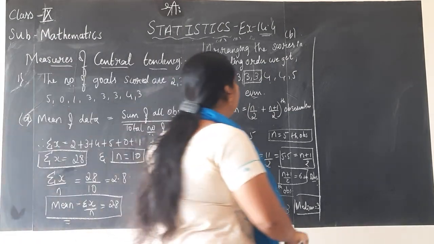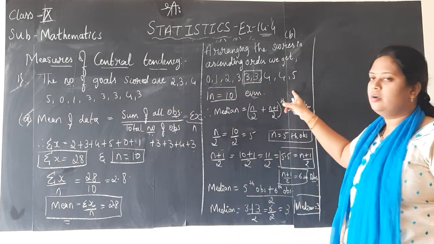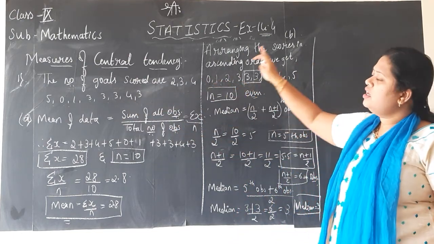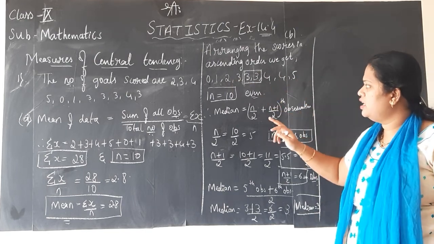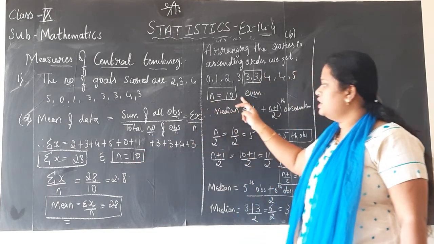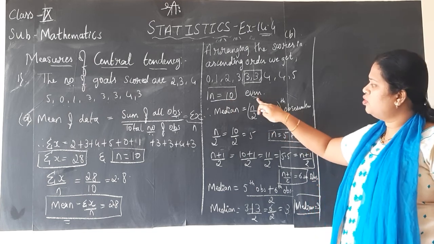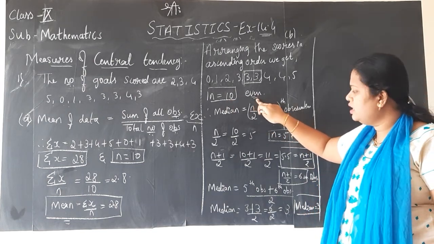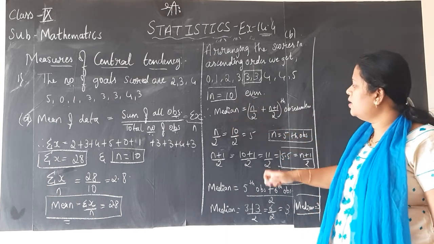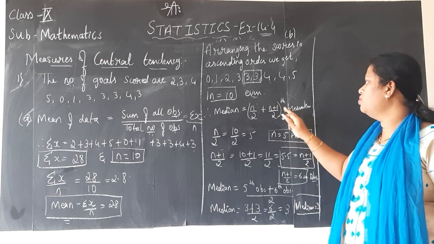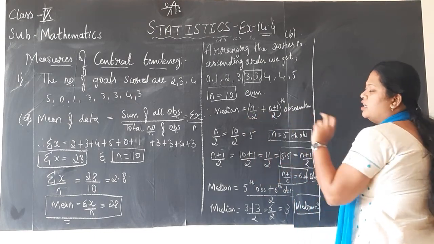If you want, once again I will explain how you find the median, children. First arrange the given scores in ascending order, from the smallest to the biggest number, you will write in order. Be careful when you write, you should not interchange or miss any number. Then we already know what n is, 10. Seeing this we came to know that the number of scores given is even. So how to find the median when the observations are even? We must find the n by 2 plus (n plus 1) by 2 observations. The average of these, children, gives us the median.